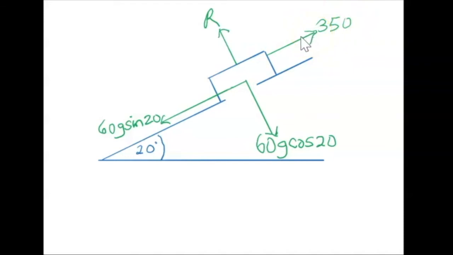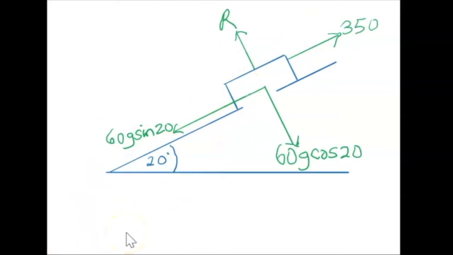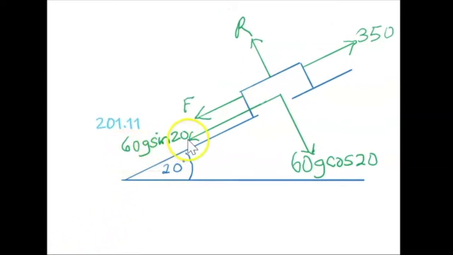And the question also asks whether or not the object moves up the plane, so we can know that in this case the friction is acting down. So if we put that on the diagram, let's think about 60g sin 20 and evaluate that. So 60 times 9.8 times sin 20, and we get